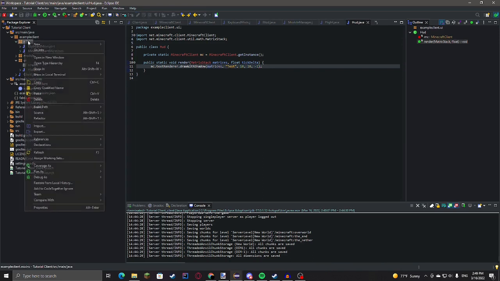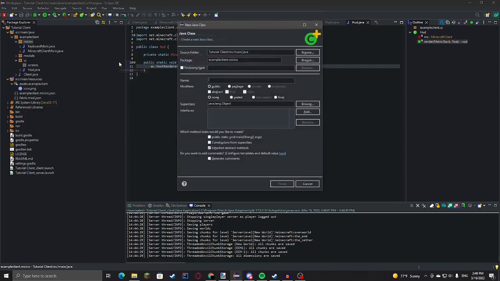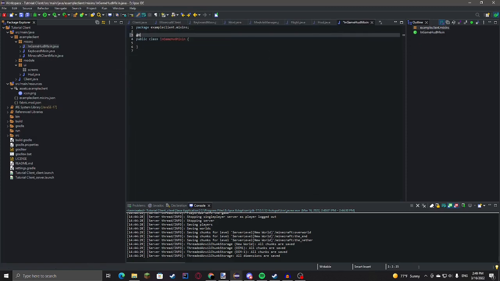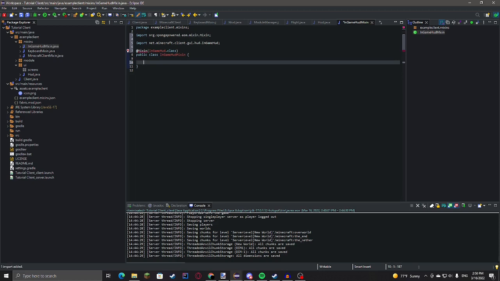So now in mixins, we're going to make a new mixin for in-game HUD mixin, at mixin in-game HUD.class. Import that, and then at inject method is going to be render, at equals at return, just so it doesn't render over Minecraft stuff, and then we'll do cancelable equals true.